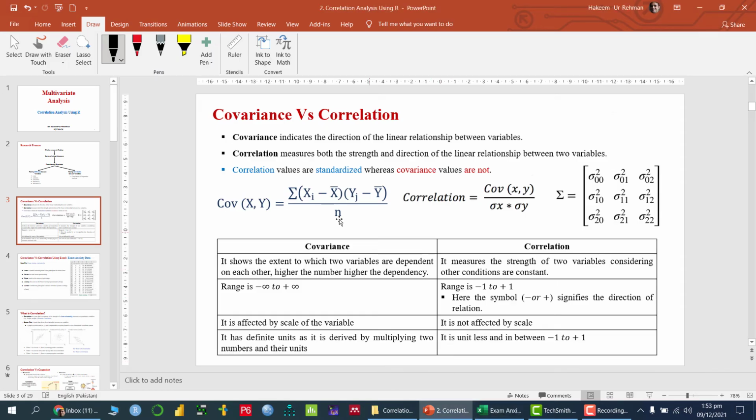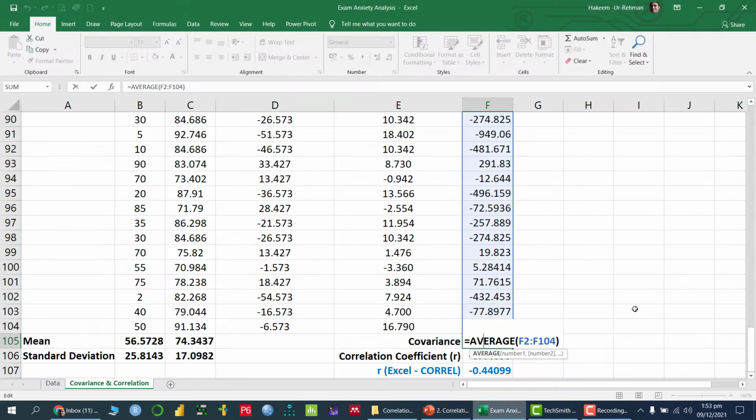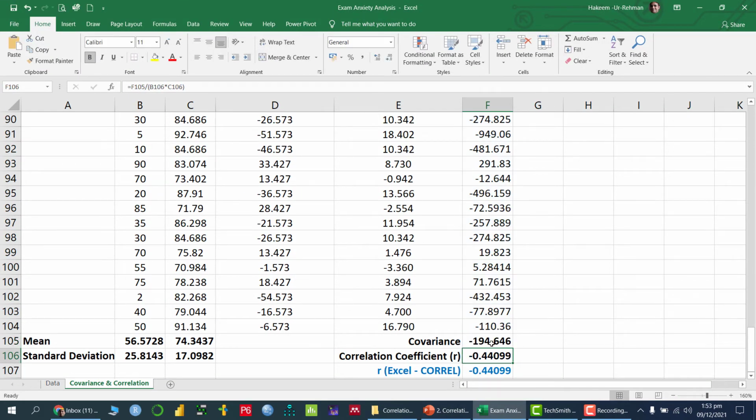That is the formula of the covariance, which indicates that anxiety as well as exam performance have an inverse relationship. So we can say that as the anxiety level increases, the exam performance decreases. Now let's find out the correlation.